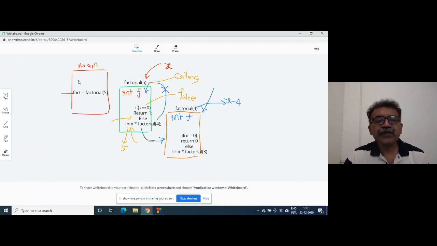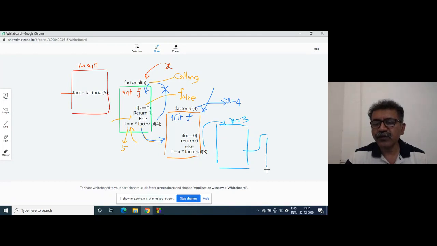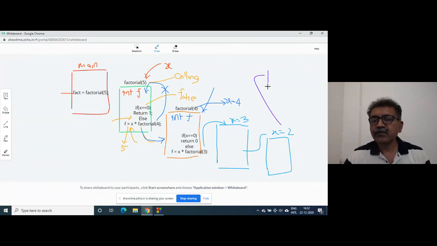So one more function will be called again with x equal to 3, because a separate function is called here. From here again, a separate function will be called with x equal to 2. From here again, the next function will be called.